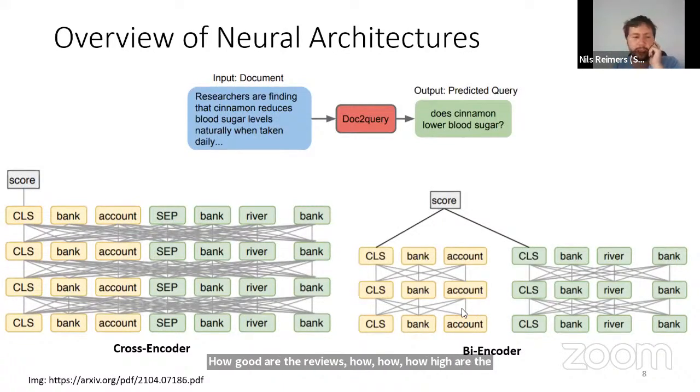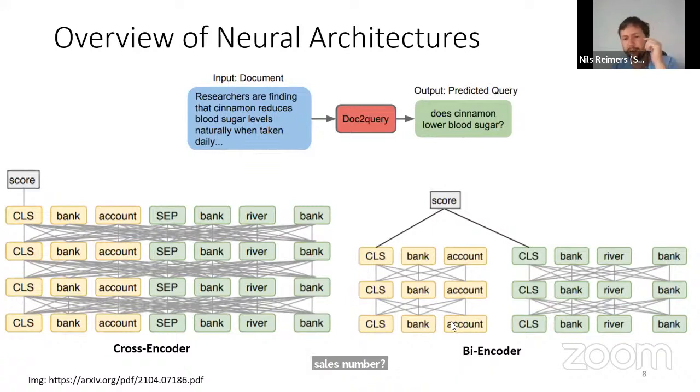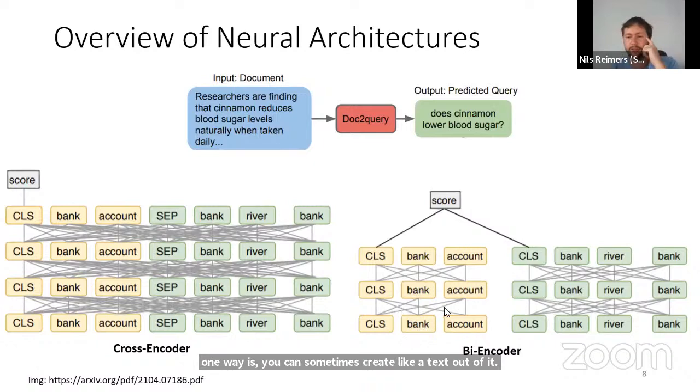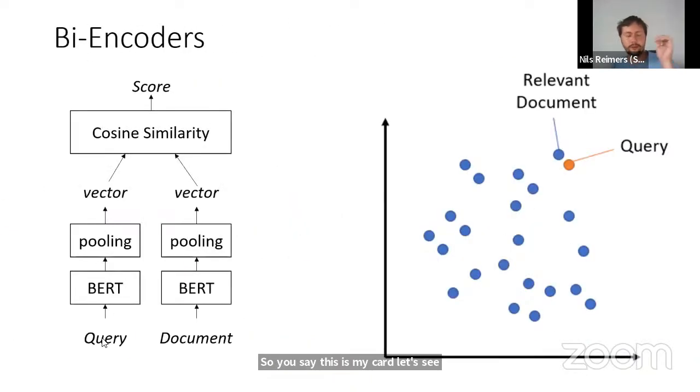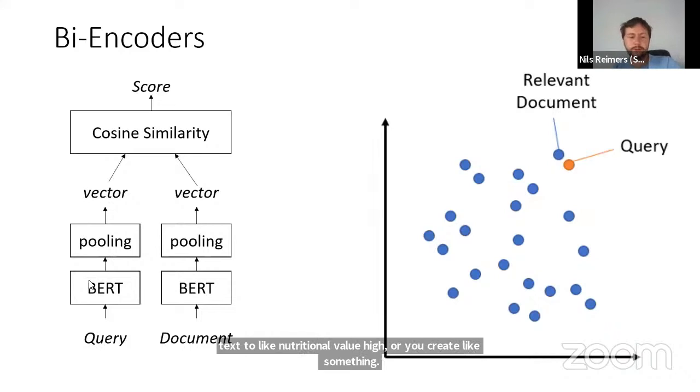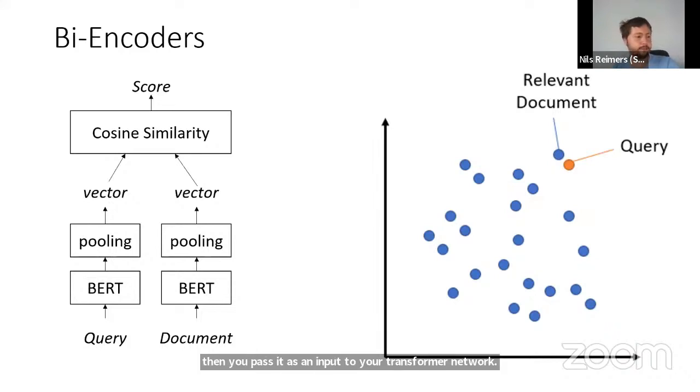And one way is you can sometimes create a text out of it. So you take your query and then you add more text to it. So you take your query text and then you add some text like nutritional value high, or you create some bins, and then you pass it as an input to your transformer network. This often works with category data, where my document or my query is not only the text itself, but I append text on categories, on features I have,